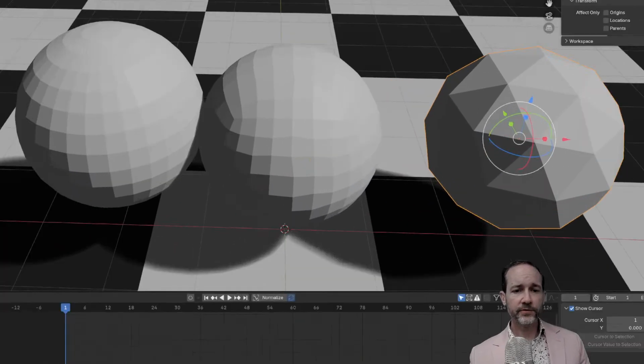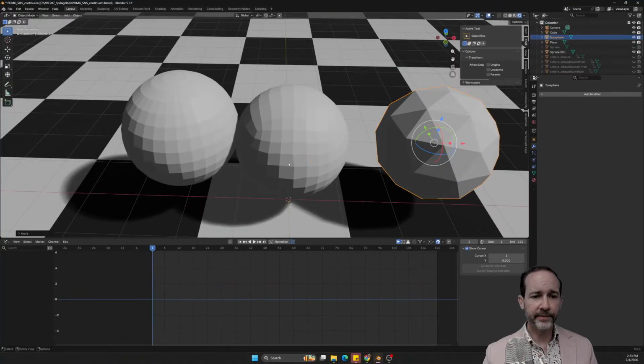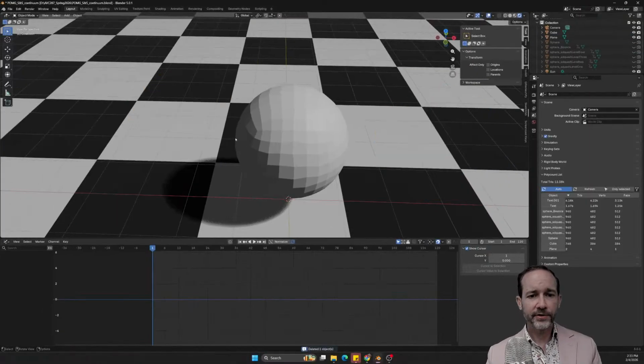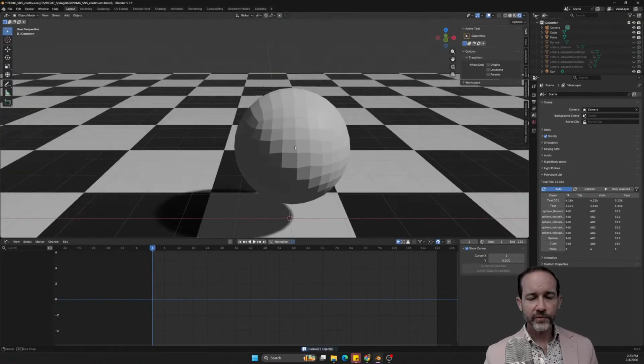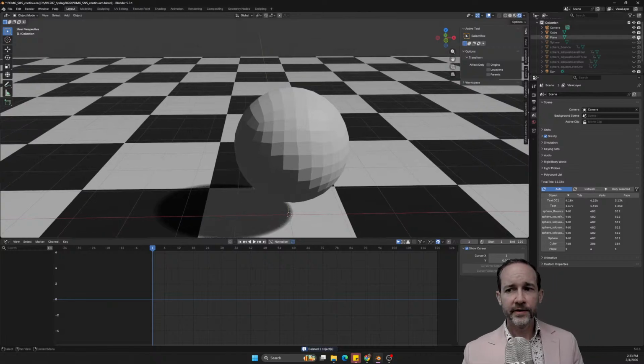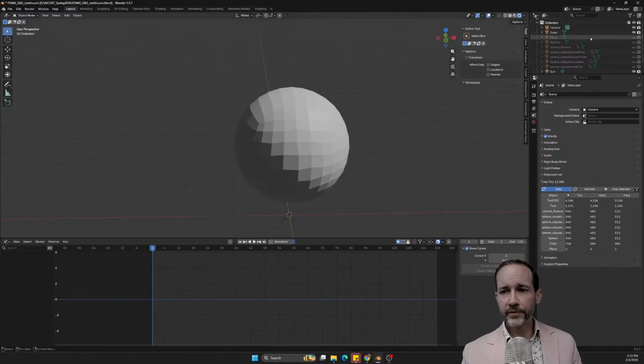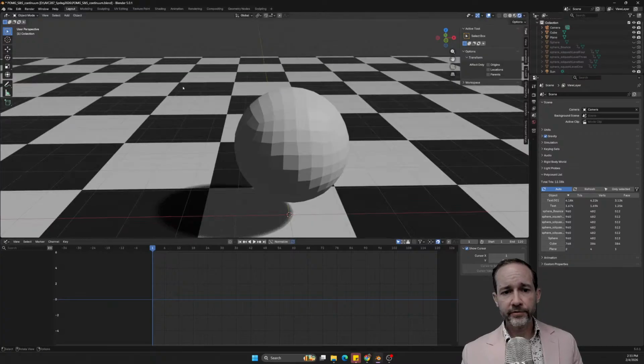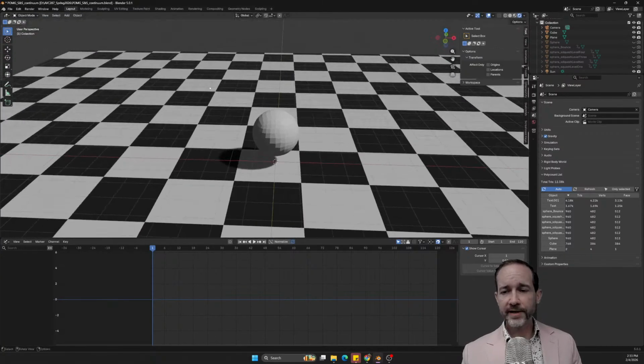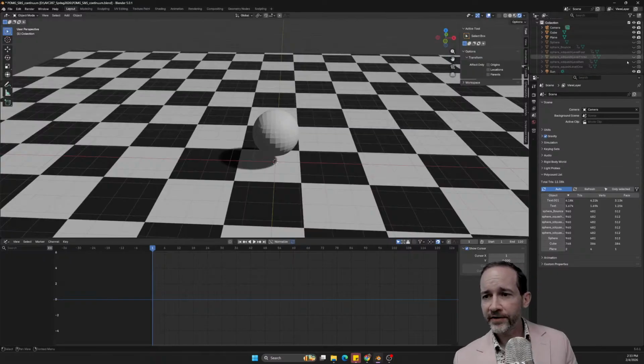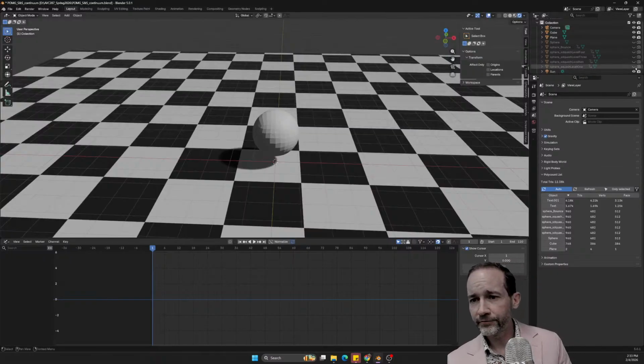And so the quads, in some instances, will deform a little bit more smoothly. So we're going to do that because we're going to do some deforming this time. And in this case, what we're going to do here is we're going to get a bouncing ball, but we are going to have it travel some kind of distance. And that's going to present some issues that we have to solve structurally.